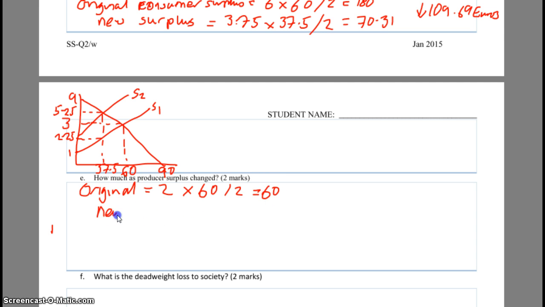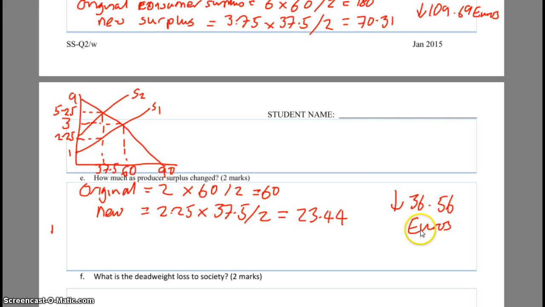The new consumer surplus is here, so this is the new equilibrium point, and we need to work out this triangle here. Okay, so we simply go 225 times the new quantity, 37.5, and we divide that by 2 because it's a triangle, and that gives us 23.44. We work out the difference between that, and we can see producer surplus has gone down by 36.56